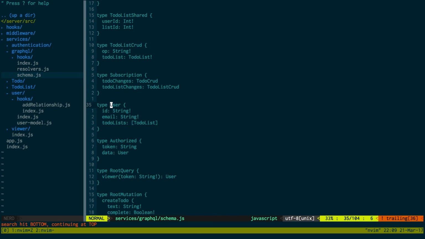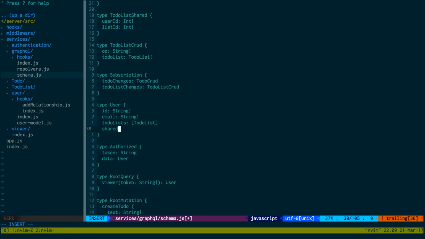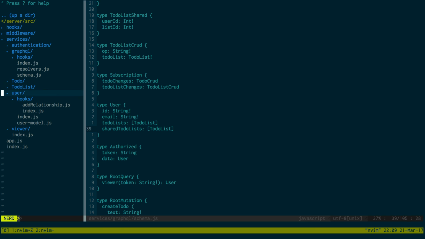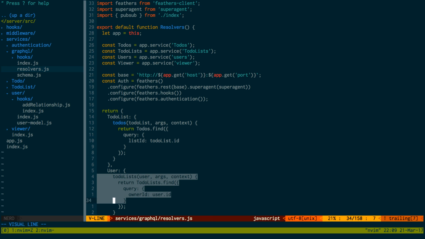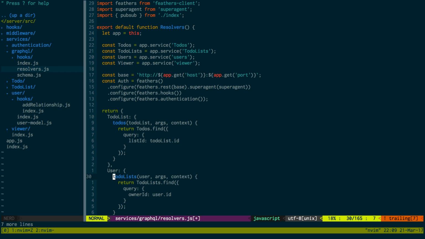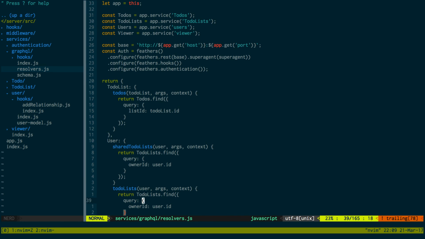User shared to-do list, and this will return a list of to-do lists. Now if we go to resolvers, now we can craft our find method. So possibly,